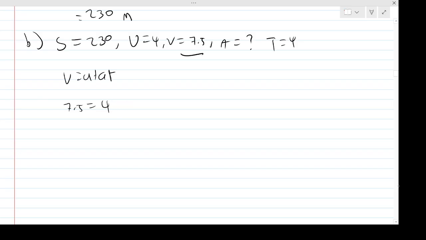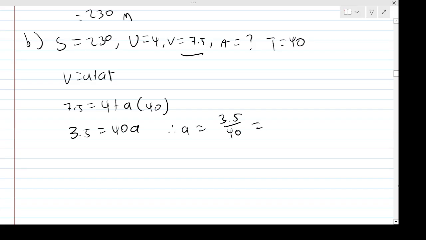I want to work out what A is, acceleration. And T is 40, sorry, 40, not 4. So this is just an equation to solve for A. If I do 7.5 take away 4, that's 3.5 equals 40 lots of A. Then A is simply 3.5 divided by 40, which is